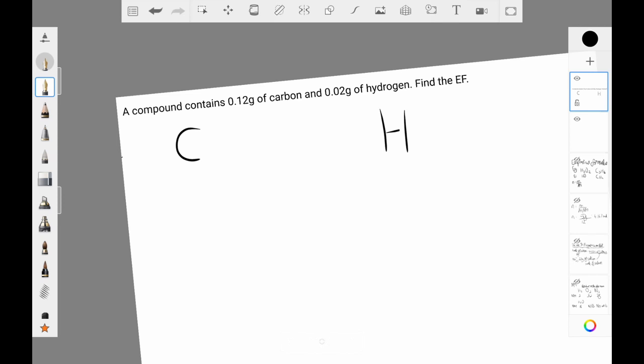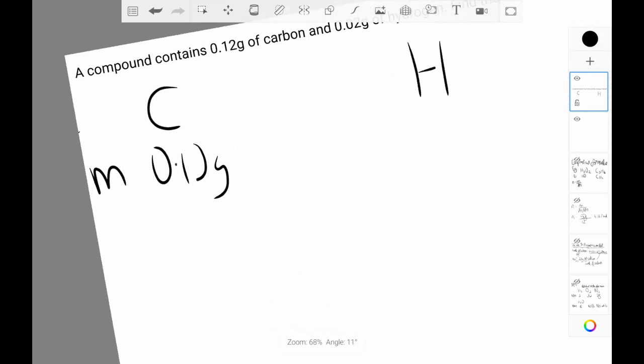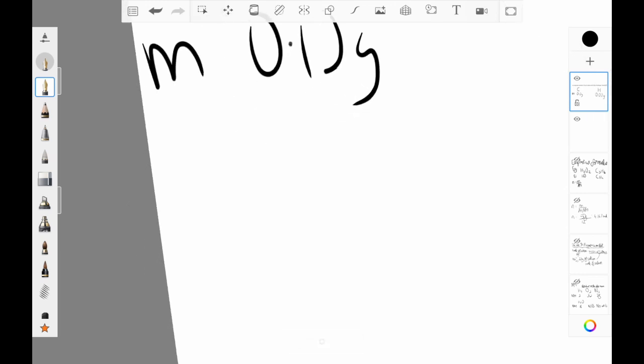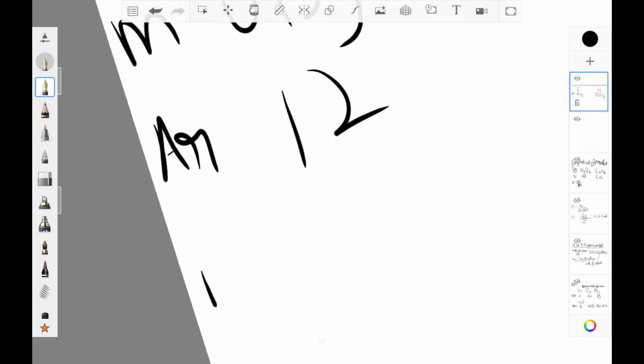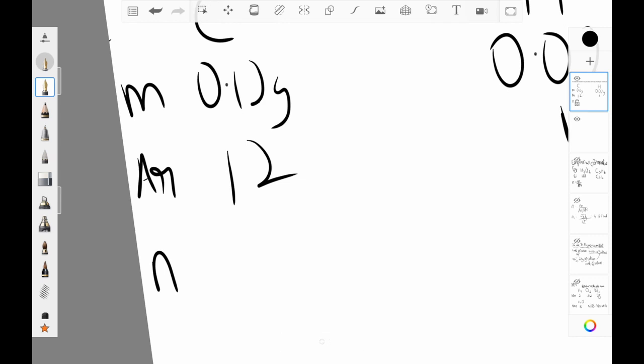The masses that have been mentioned are 0.12 grams and 0.02 grams respectively. The AR for both of these substances is 12 and 1. So you can calculate the number of moles by doing M over AR. If you were to plug that into your calculator, you would get 0.01 mole